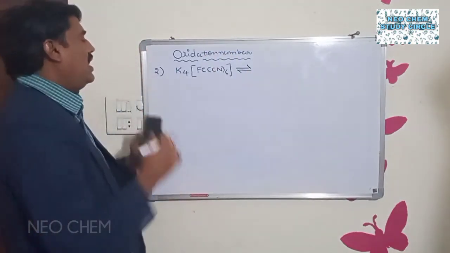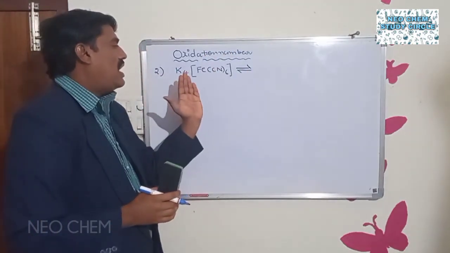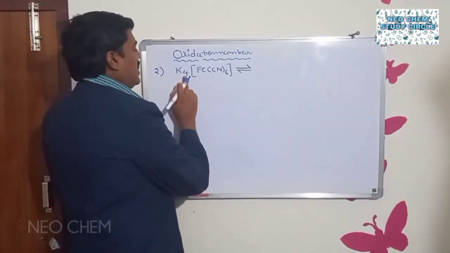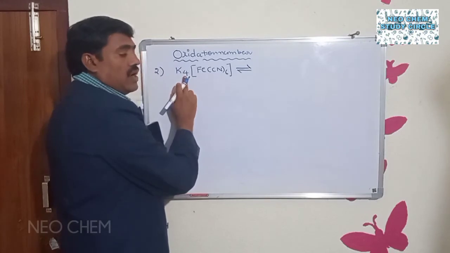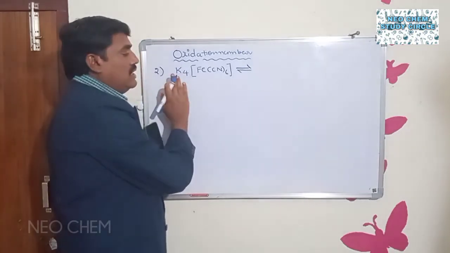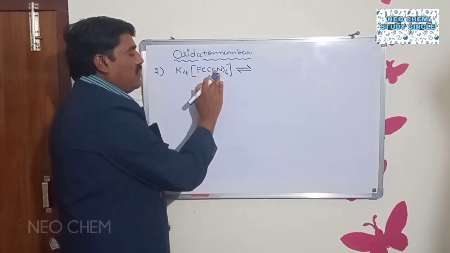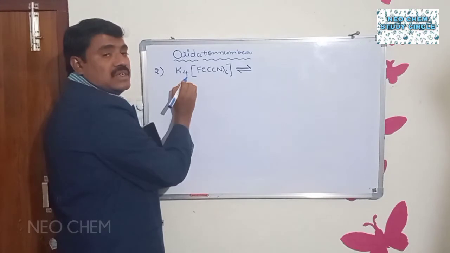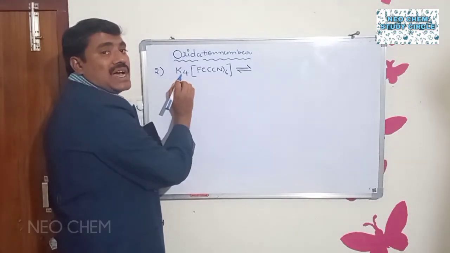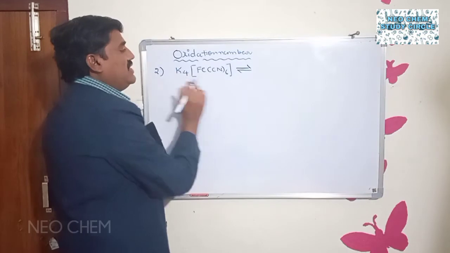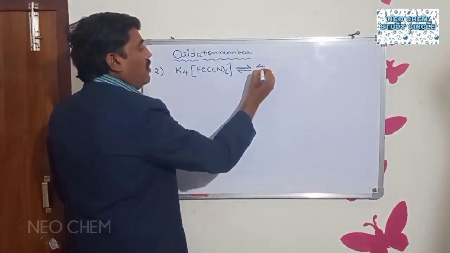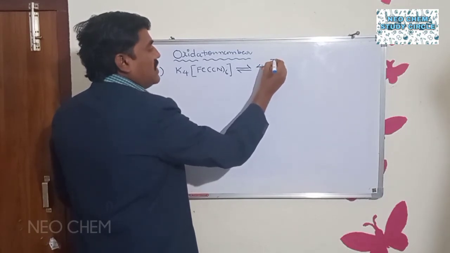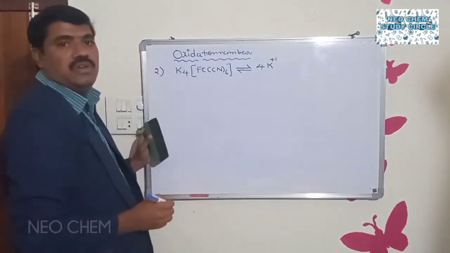Okay, while we are writing the ionization of a complex compound, first of all, what I told you is how we can ionize the complex compound. While ionizing the complex compound, the base of the cation should be written as the coefficient of the cation. So here the base is 4. Next cation is potassium. Potassium always carries a plus 1 charge, right?